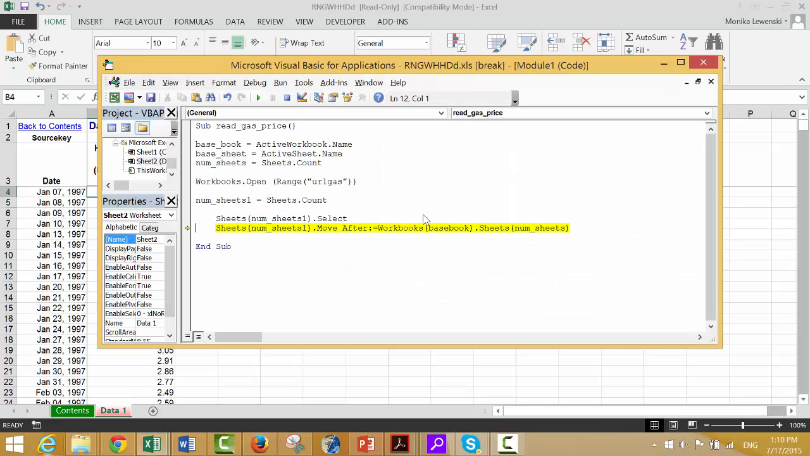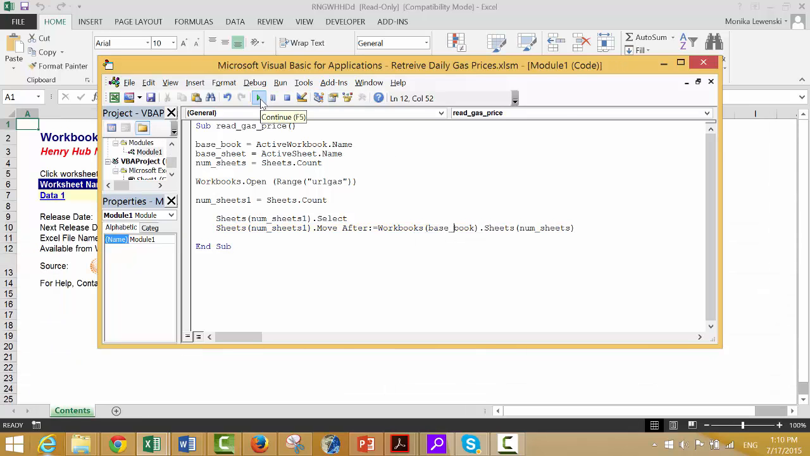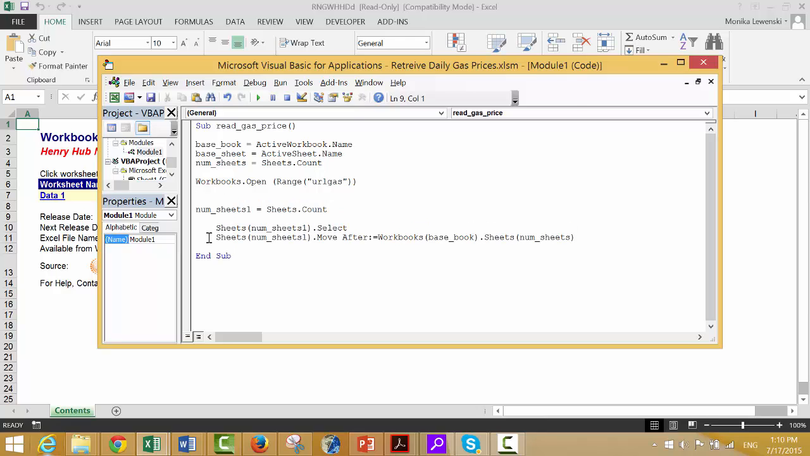Move after sheets base. Okay, of course I made that mistake. And since this time we need to close this sheet, so we need to save this book. Active book.name workbook. Okay, and